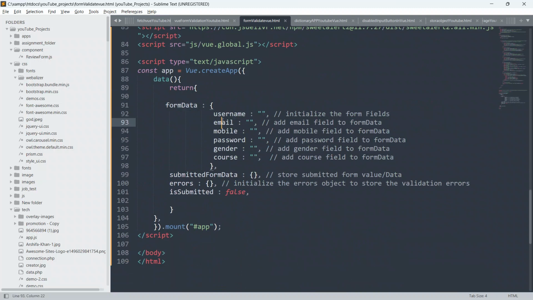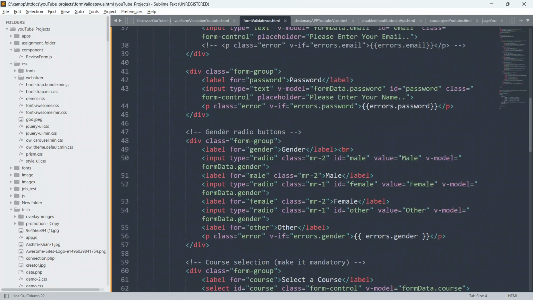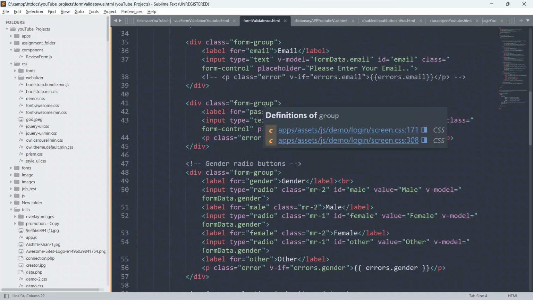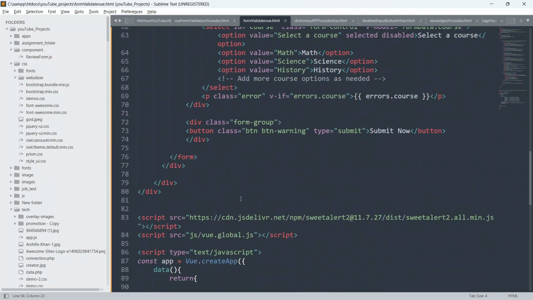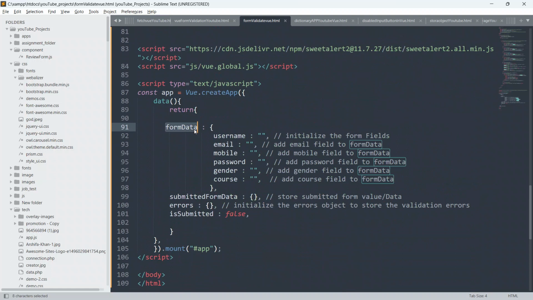So now we have bound this form to Vue.js by using form data dot username, form data dot email, form data dot mobile, form data dot password, form data dot gender, form data dot course.